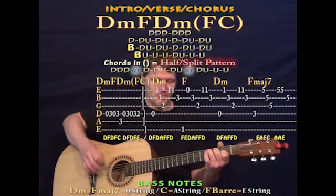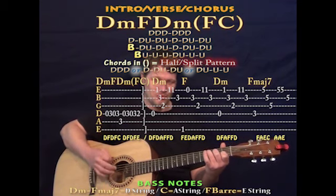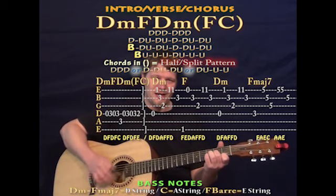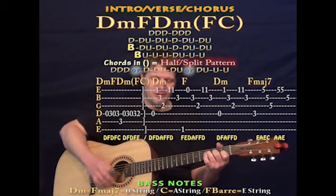So we tried it that way. The weird part's when you get to the F, C, and you may want to do kind of a bass down, up on each of those chords. So we tried it that way. You'd have D minor, D bass, F bass, down, up, down, up, down, down, down, up, D minor,